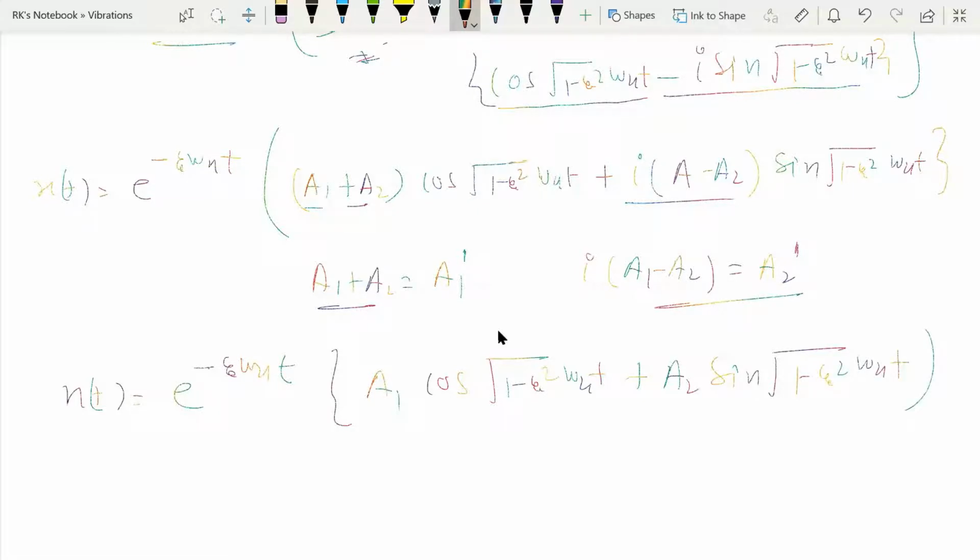And this A1 and A2 can be assumed in a new form. So this is the first form of the solution, and here A1 and A2 are to be determined